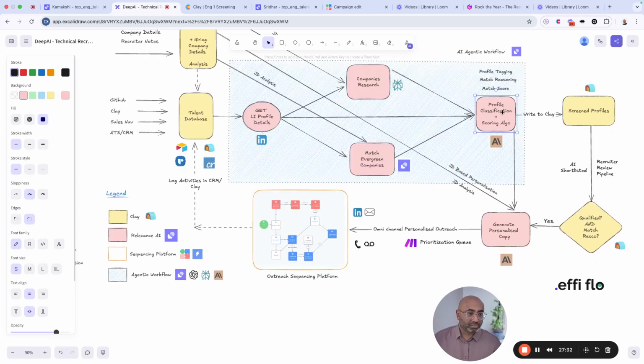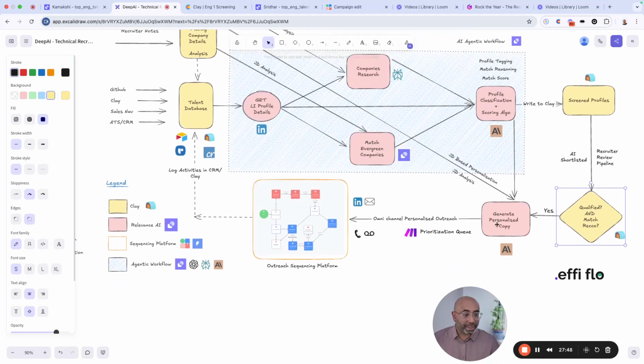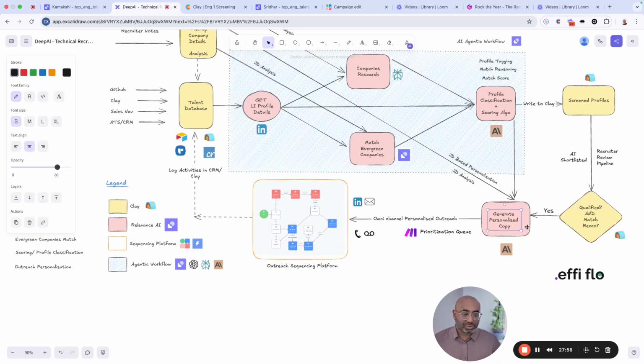Now from here, the profiles go back into our Clay table and we see if they are qualified and if they are matching with the job description. Then we generate a personalized copy, and I like to use Claude's latest 3.7 Sonnet model to actually write the copy, and I use it